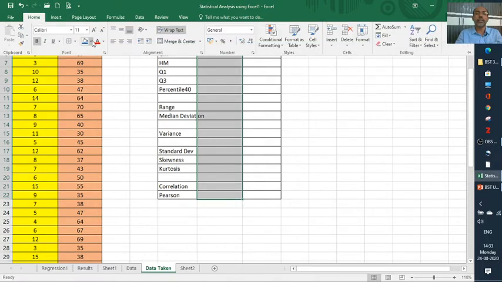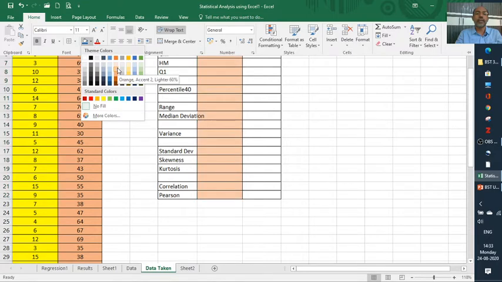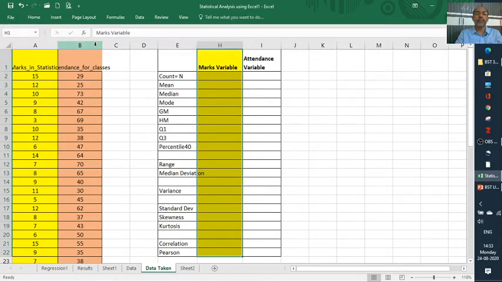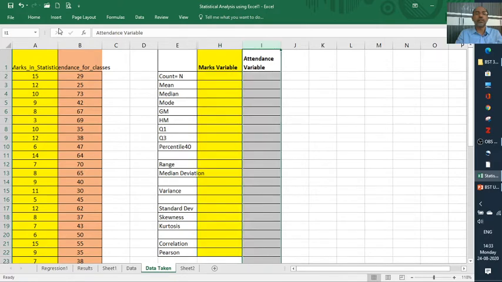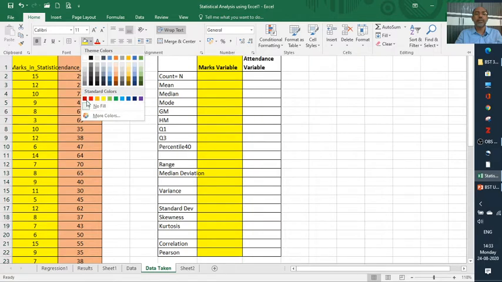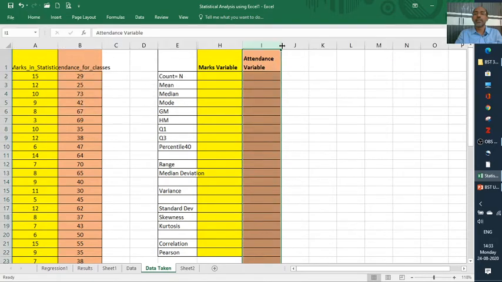Since the attendance variable is here, we have taken pink color, so we'll use the same here also, so that it is very easy to understand.